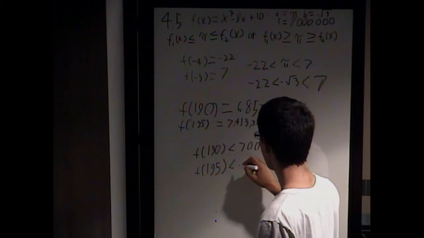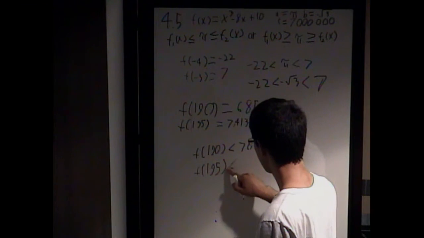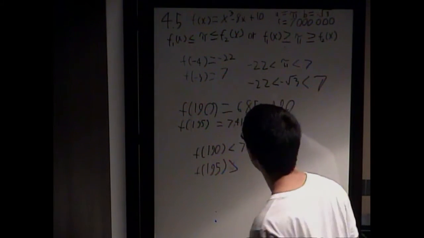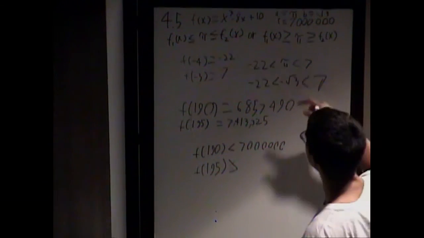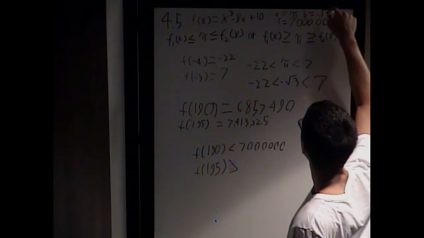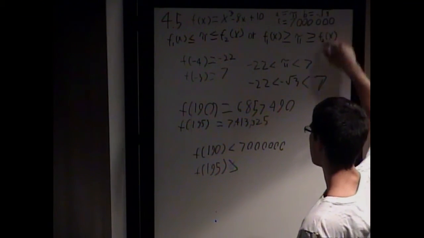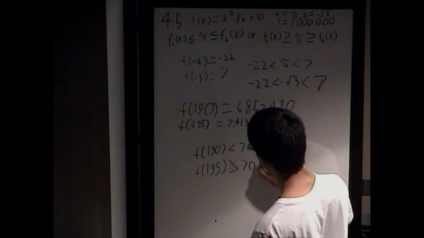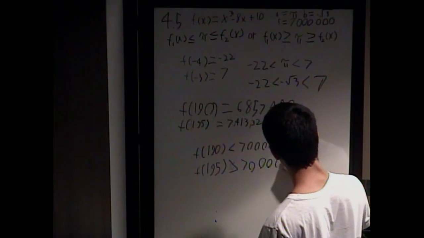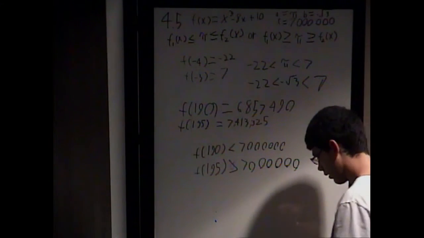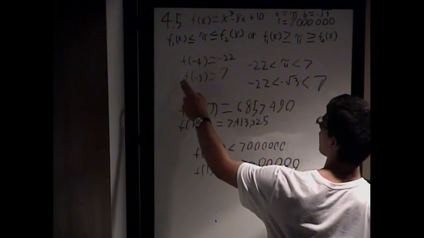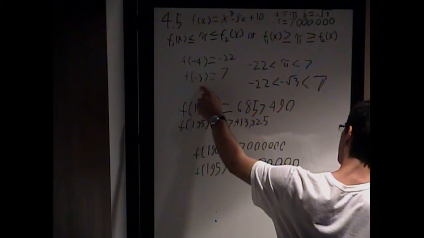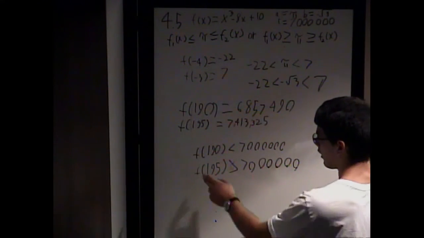So then this would satisfy the intermediate value theorem, in which the function is continuous and passes through the points pi, negative square root of 3, and 7 million, at points f of negative 4 and f of negative 3, and also at f of